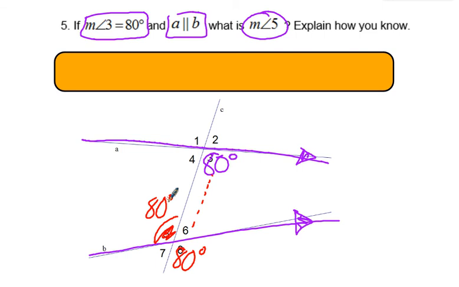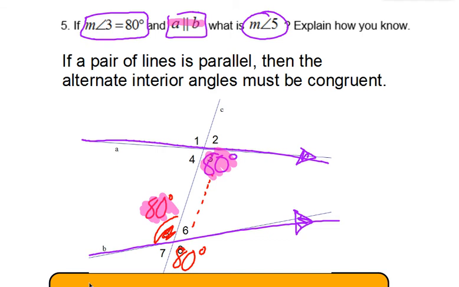Okay, so what that tells us is if I know this angle is 80, then we can figure out that this one is 80 as well. As long as you know the lines are parallel, that must be true. Okay, and the principle we're using here is that if a pair of lines are known to be parallel, then the alternate interior angles have to be congruent. These are alternate interior, so they've got to be congruent. Okay, and that finishes off